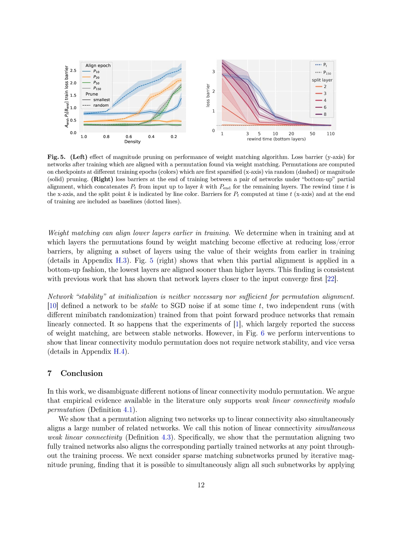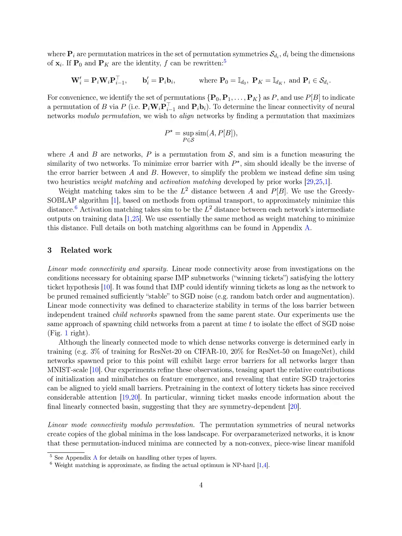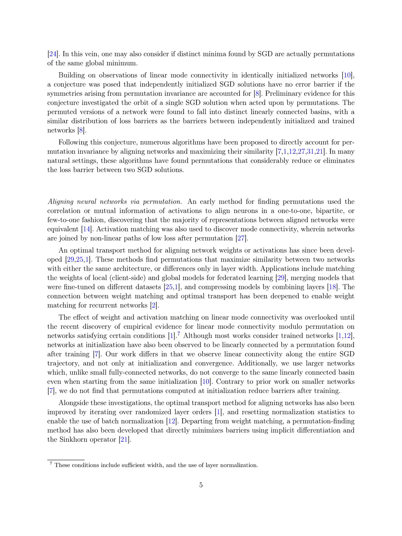The paper utilizes weight matching and activation matching algorithms to align neural networks via permutation. Weight matching involves calculating the L-squared distance between the weights of two networks and using the greedy-Soblap algorithm to minimize this distance. On the other hand, activation matching computes the L-squared distance between the intermediate outputs of the networks on training data. These algorithms aim to find a permutation that maximizes the similarity between two networks by minimizing the error